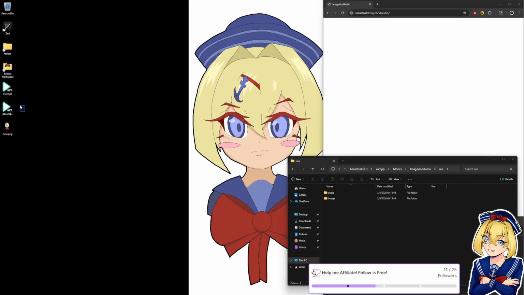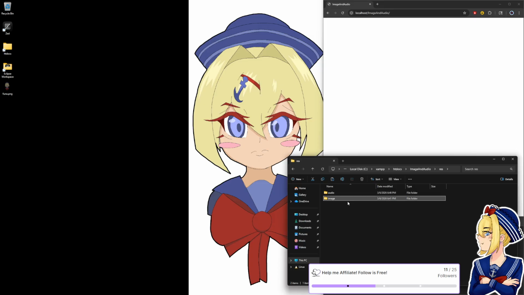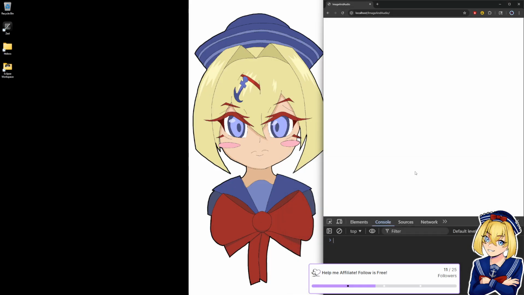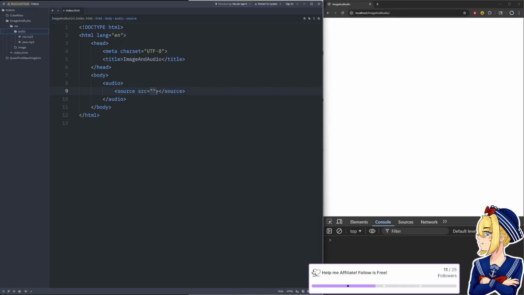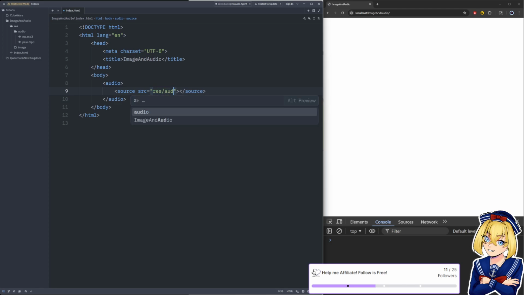Res. So we want our audio files to be in audio, and we want our image files to be in image. Okay. So now that we've moved that, we can close that, open Zed again, and now we have these audio files in audio. So let's say res/audio/me.mp3. Let's see what happens.